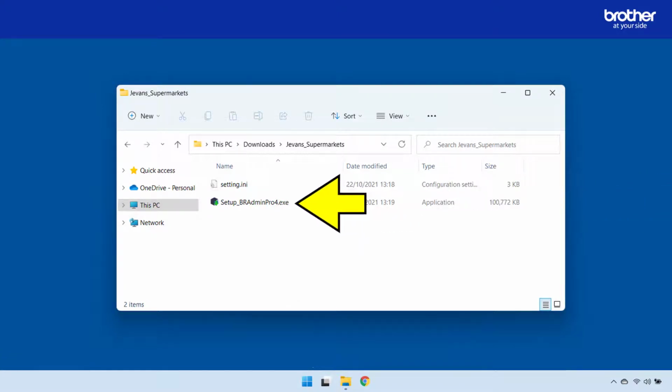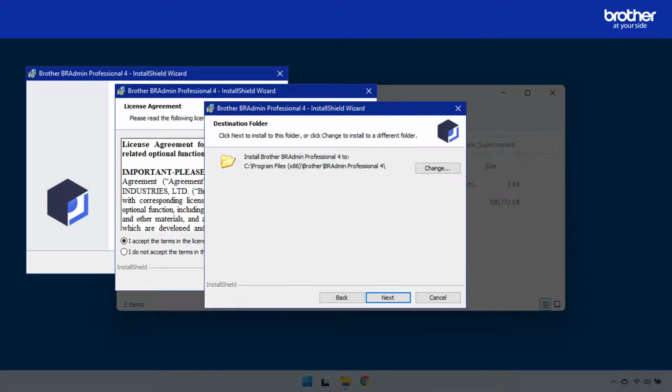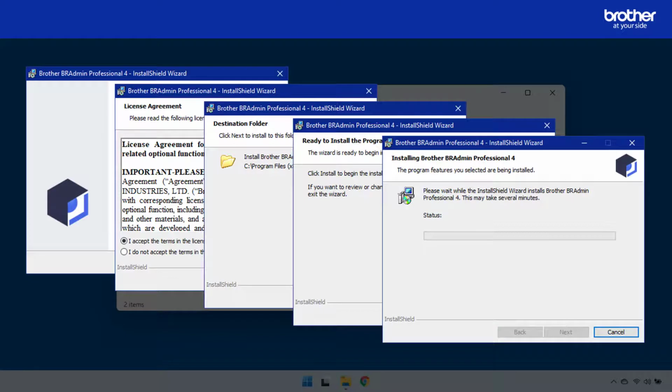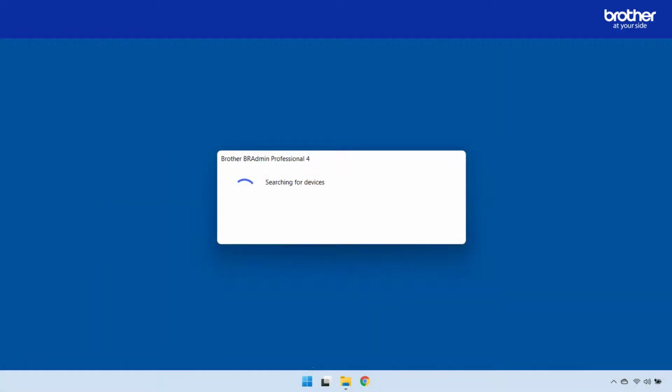With both the installer and INI file in the same folder, I am going to install BRadmin in the usual way, by following the wizard and accepting all the default settings. At the end of the installation, the Device Discovery pop-up menu will appear. Eventually, it will change to this pop-up, where I will press the OK button to confirm the installation.